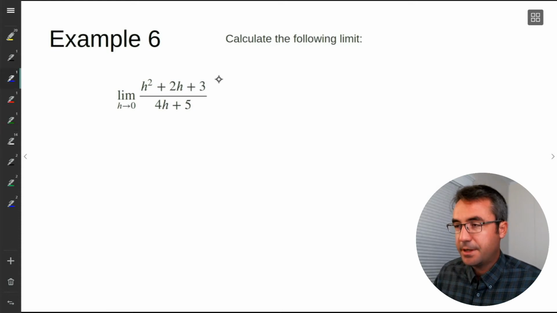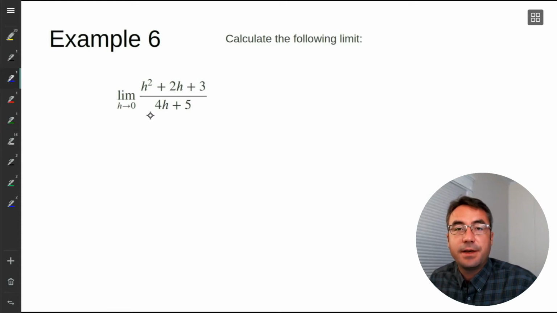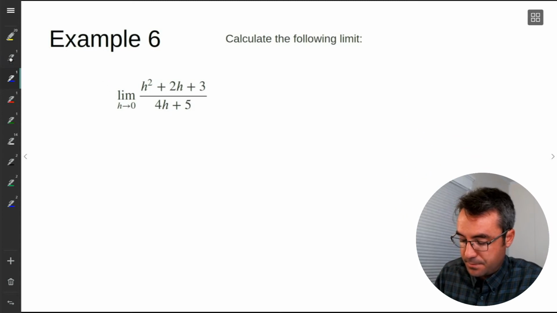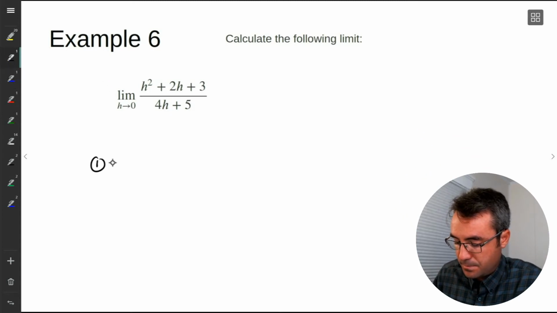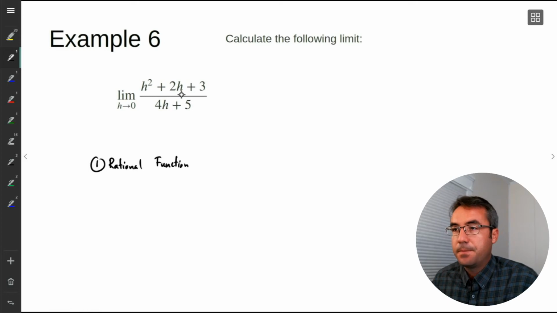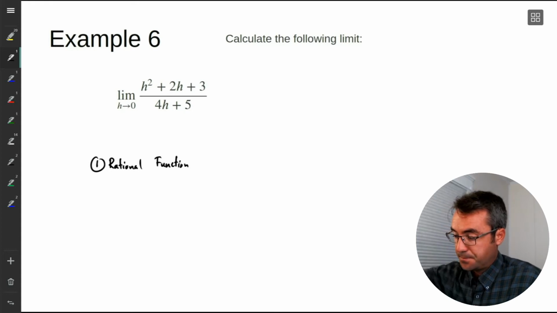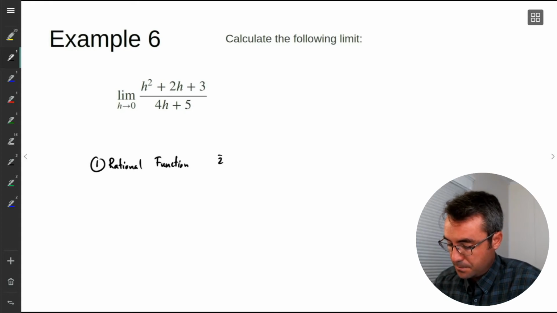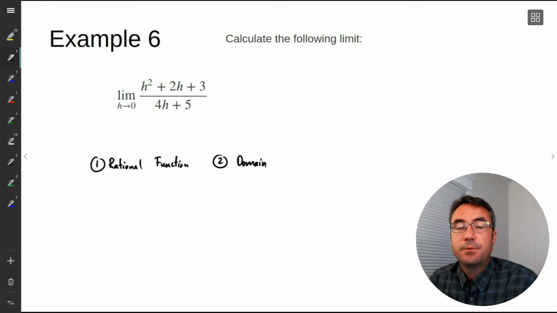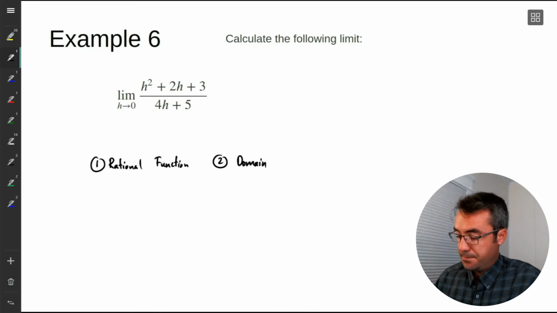So first thing, when we look at this function, we identify that it's a rational function. Polynomial divided by a polynomial. So it's going to be continuous everywhere. The only issue is where the denominator is 0. So we classify it as a rational function. Then we figure out the domain. So it's going to be all real numbers